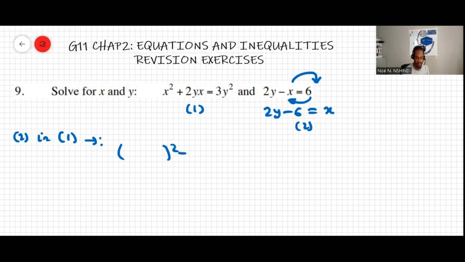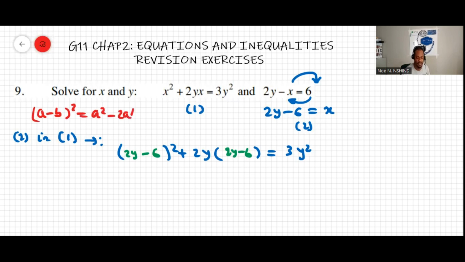Then this will be x squared plus 2yx equal to 3y squared. Okay, I sub in the values of x, which is 2y minus 6, 2y minus 6. And then this will be a minus b to the power of 2 is equal to a squared minus 2ab plus b squared. So this will be 4y, because here my a is that, and then my b is that. So that makes 4y squared minus